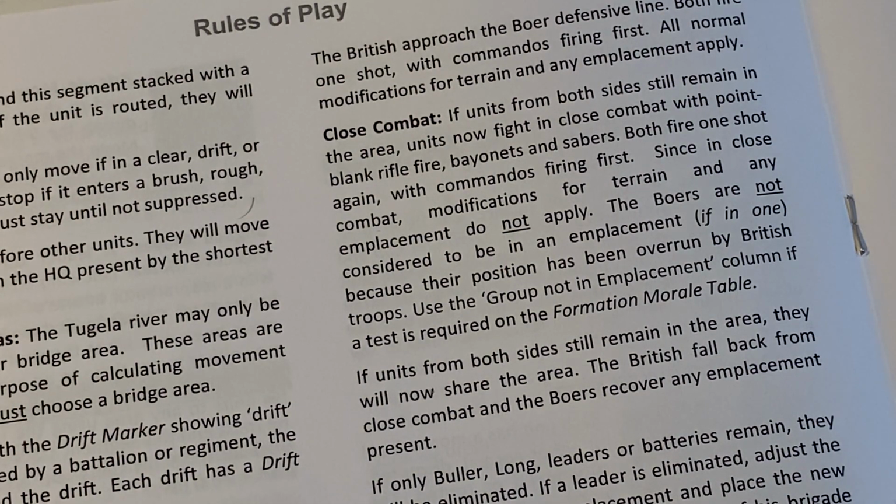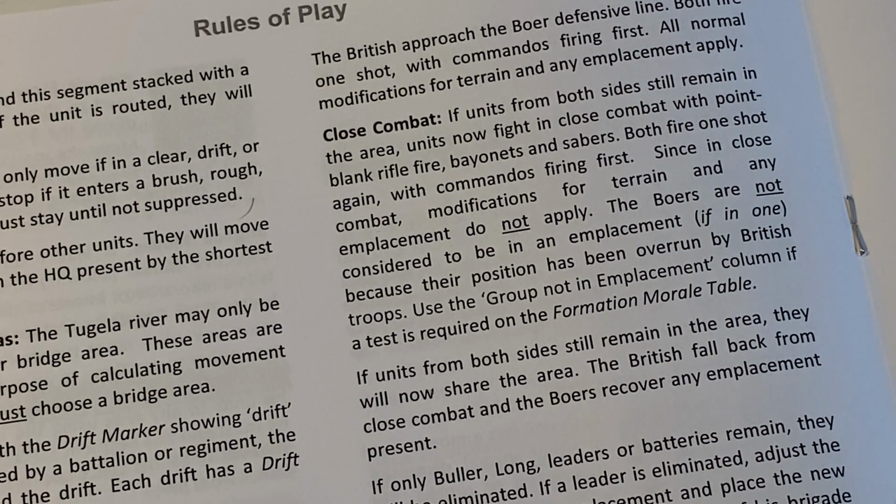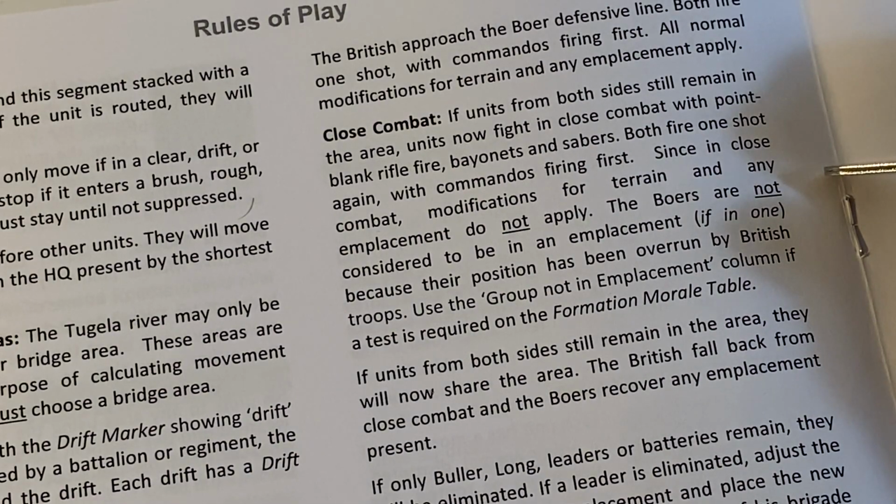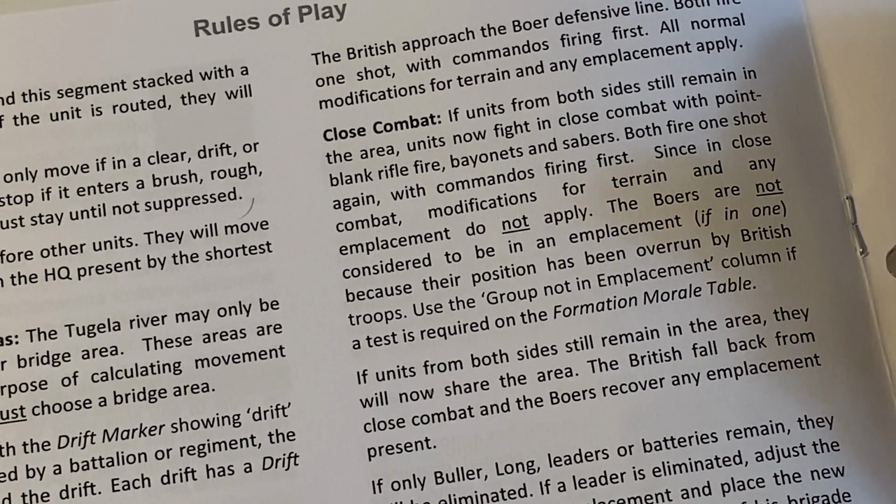So if units from both sides still remain in the area, units now fight in close combat with point blank rifle fire, bayonets and sabres. Both fire one shot again with commandos firing first. Since it's close combat, modifications for terrain and any emplacement do not apply. Yeah, so you're up close, you're not benefiting. Like, this is a hill we're talking about, the Huangguani. That is a hill, isn't it? Yeah, it's a hill area, so we both don't benefit from the hill, and they don't benefit from the emplacement